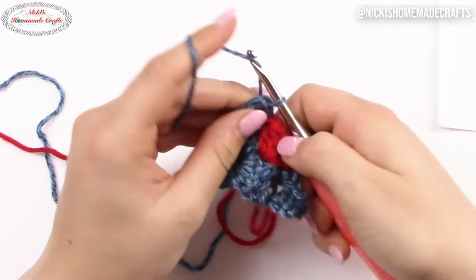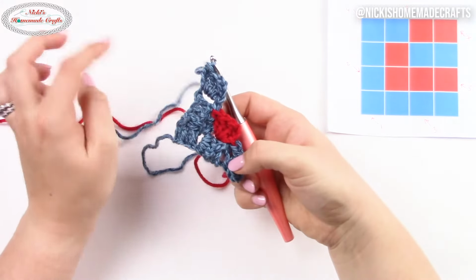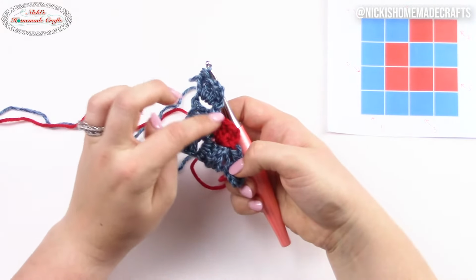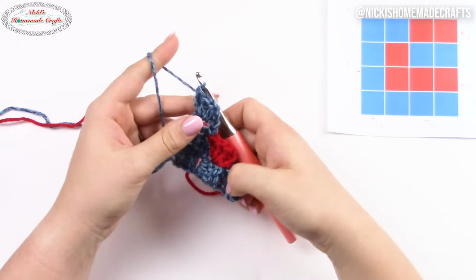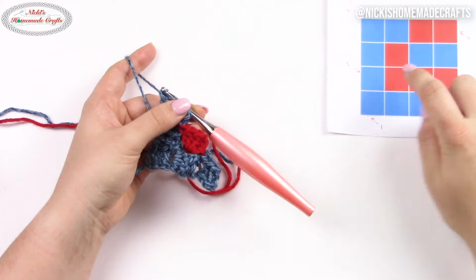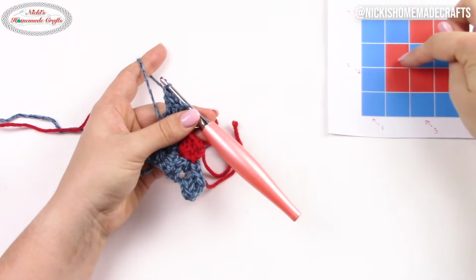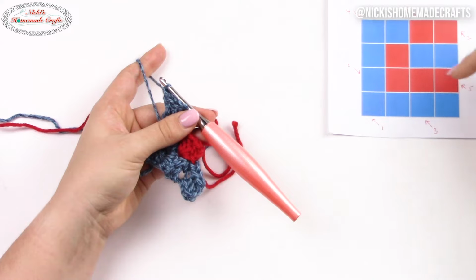So now we're going to do our normal square. And as you see, we now have our pixel right in the middle here that is red. So according to the graph, in the middle should be red, and that's where it is. We're now going to go to row 4, and I'll show you how to do 2 of them, and then